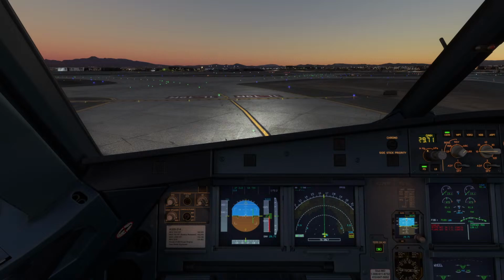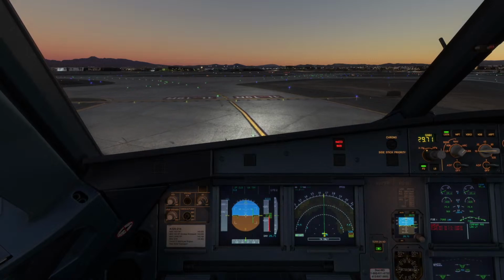I do prefer the Toliss 321 obviously more than the Fenix for now, but that's an MSFS thing, not a Fenix thing necessarily. Anyways guys, I just need to probably figure out my controls a little bit and then I'll be